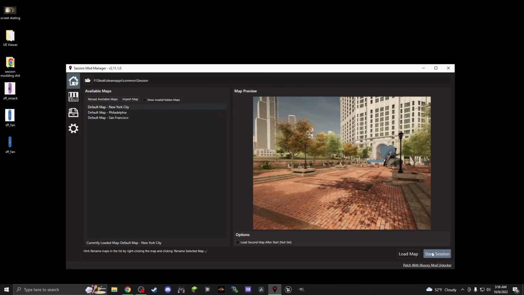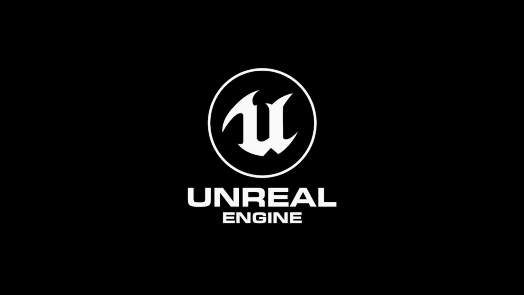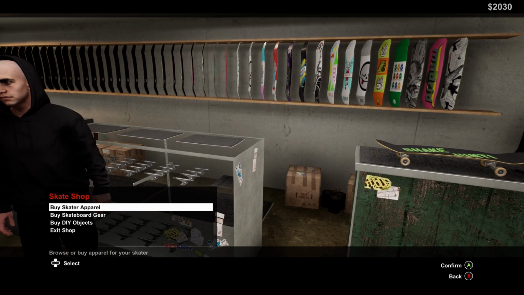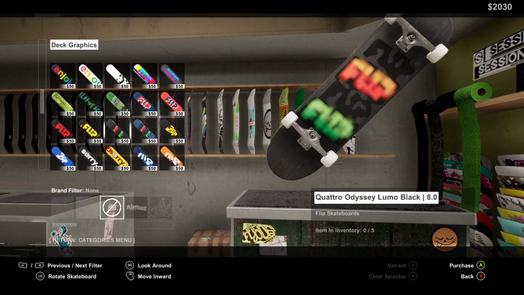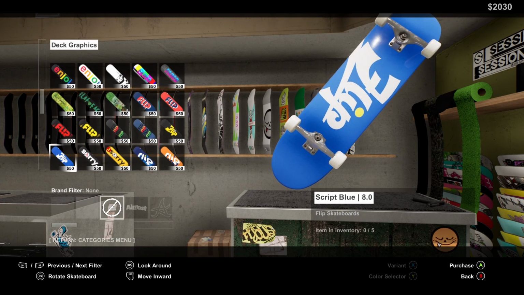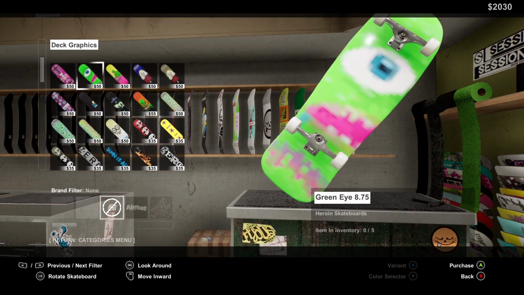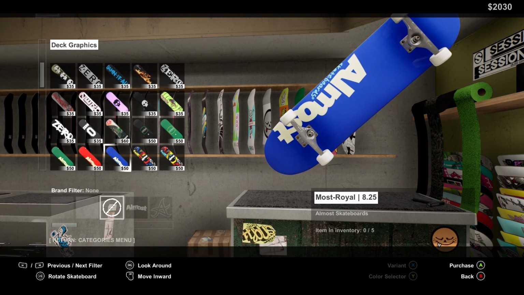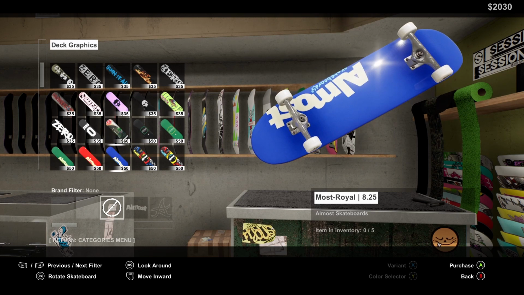So you can launch Session through the mod manager or Steam. And through the power of editing magic, we are at the skate shop. So what we want to be looking for is kind of something like that. The actual brand doesn't matter. You just want kind of a similar background color that matches the background color of your graphic that you want to put in the game,